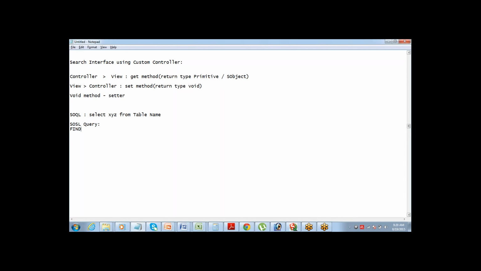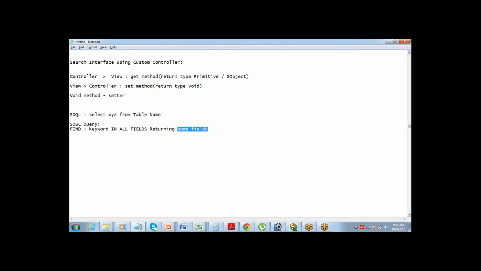We have this SOSL, which gives us a find query. With find, you can perform a search inside the database. It allows you to find a certain keyword in all fields, returning whatever fields you want to return. So it can perform a search in the entire database and return you the result.